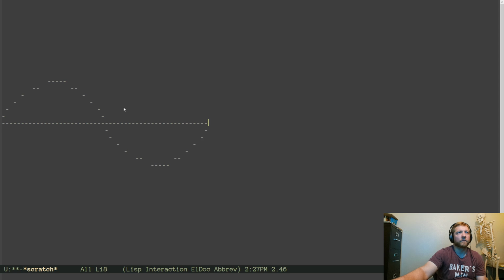Now, when we say stop, when we've run out of samples, if the sine wave is near 0, it won't sound like it's clipping. But if we stop right when the sine wave is near a peak or a valley, then you will hear that clip